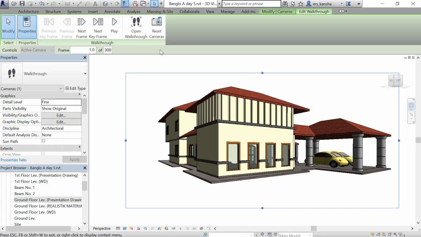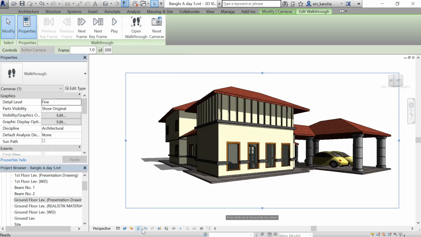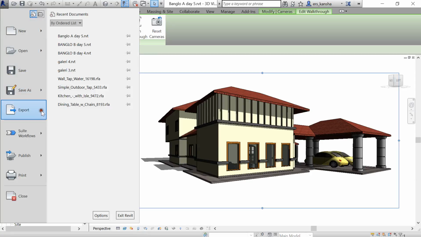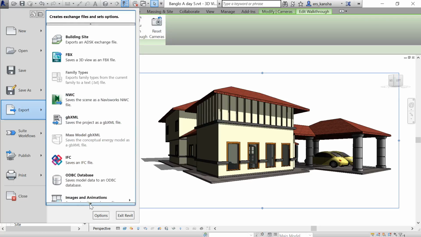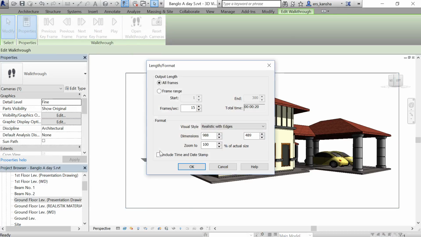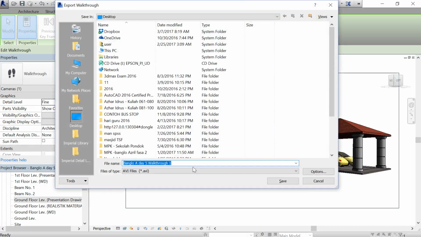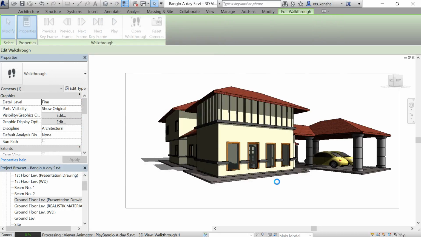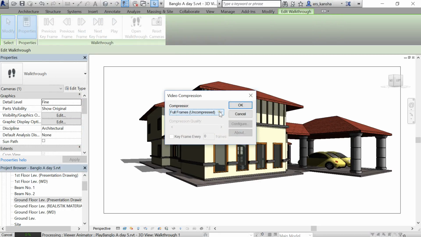Okay, so if you want to proceed to render, so I put the shadow. And then I click button R, and I export. Drop down, go to animation, walkthrough, click OK, save to desktop, bungalow A, day 5 walkthrough, .avi, click save, and then full frame compress. Okay,